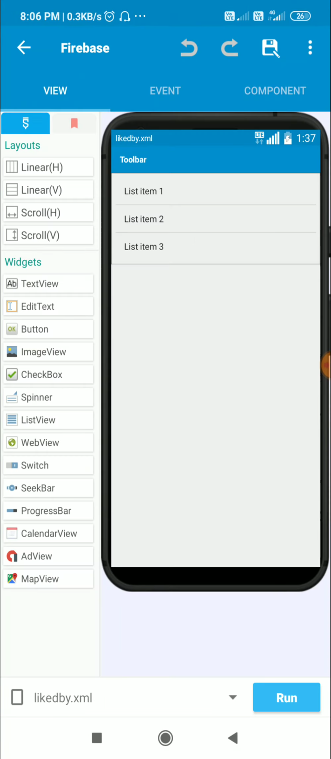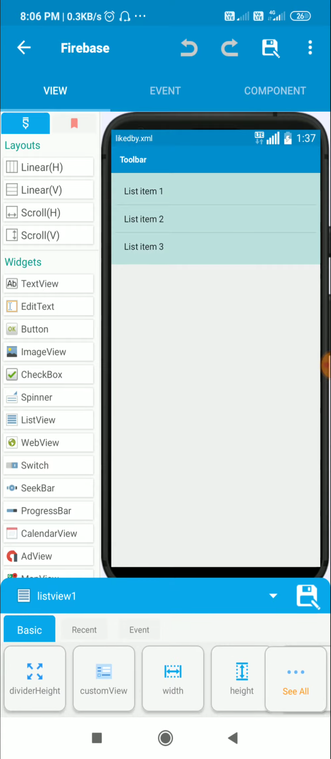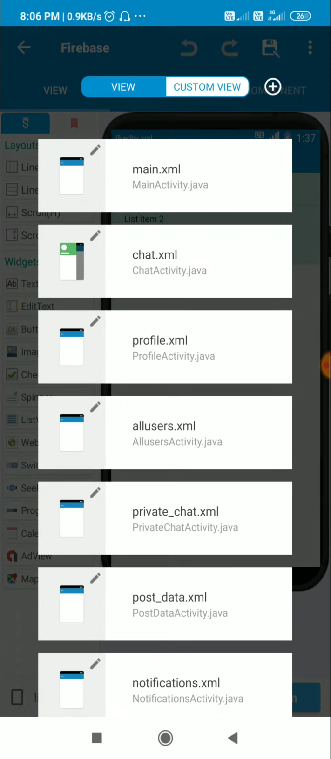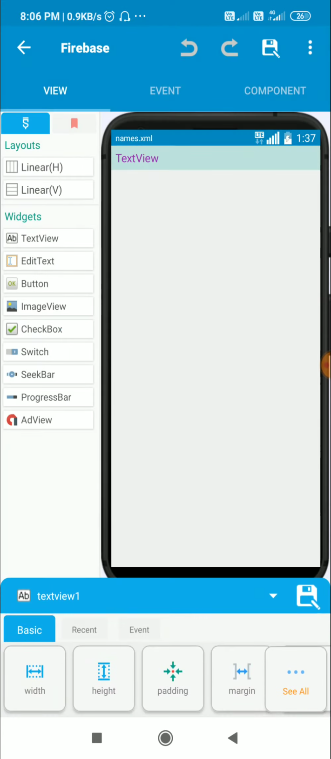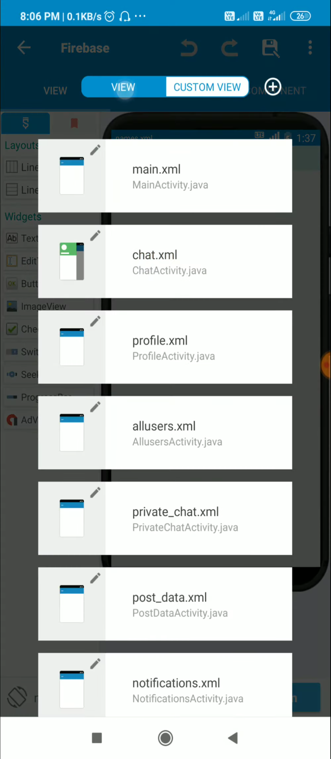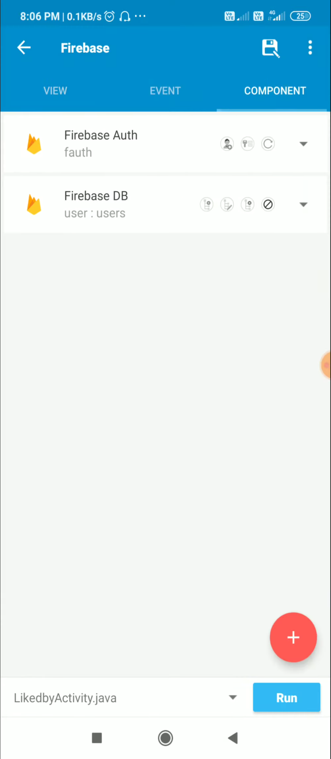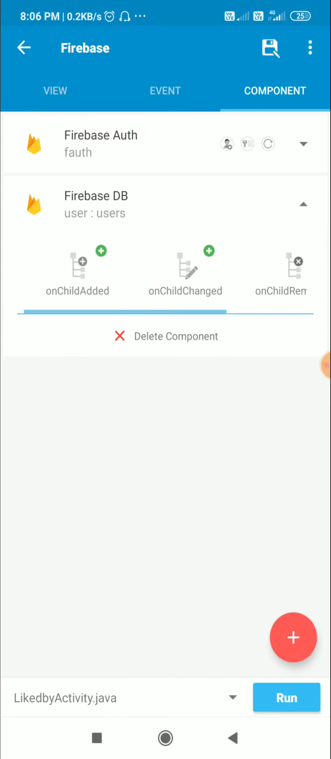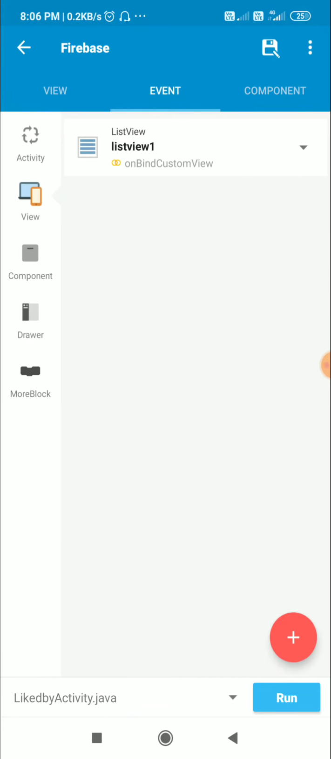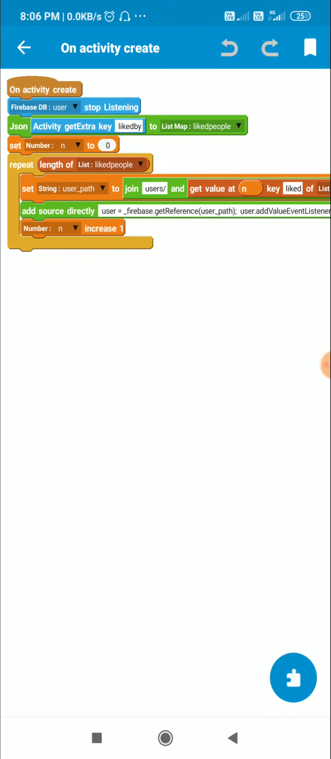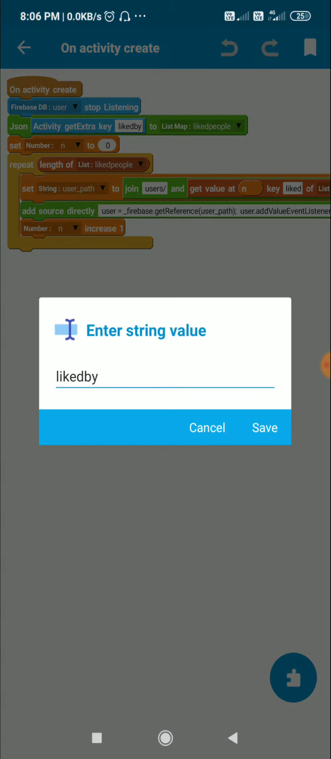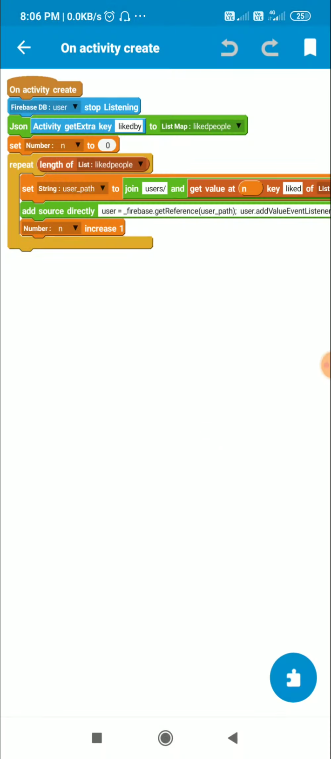Here is this Liked By activity. It contains list view 1, for which the custom view is names, and this custom view contains a text view 1. Here I've added components FirebaseAuth and Firebase component users. In the onCreate event I use Firebase user stop listening, then I get the extra key liked by using this